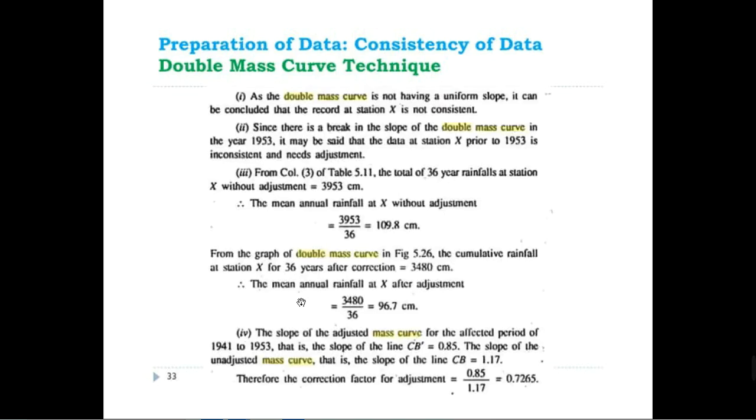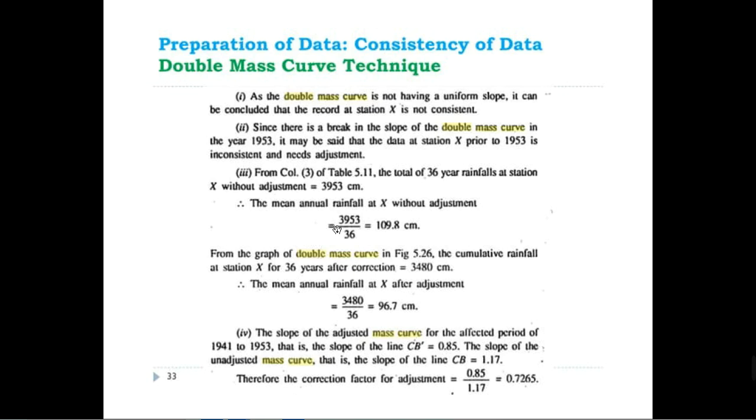For the consistency of the precipitation data, as the double mass curve does not have a uniform slope, it can be concluded that the record at the station is not consistent. Since there is a break in slope of the double mass curve here, it may be said the data at station X prior to 1953 is inconsistent and needs adjustment. So the mean annual rainfall is without adjustment. From the table 5.5, the 36-year rainfall at station X without adjustment